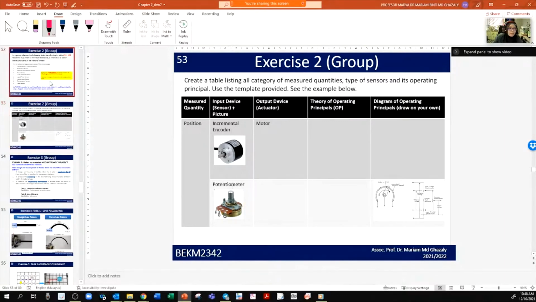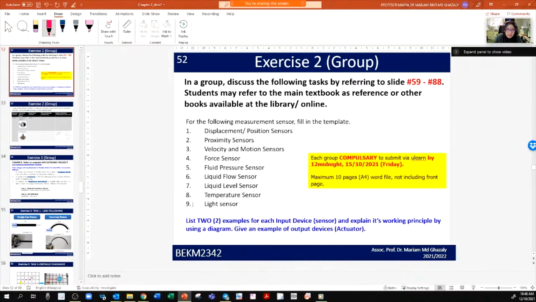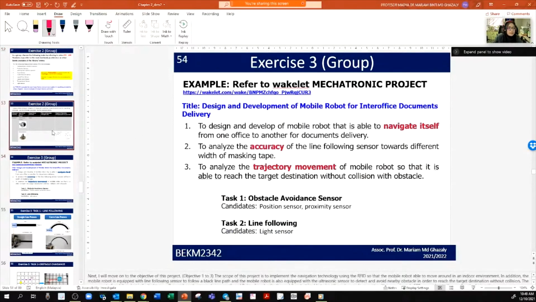Okay, so this is a lot. If it is like this, 9 times 2, 18. So 18 divided by 5 students, so how many does each get? So divide the task accordingly. And another, exercise 3, is also the same thing, in groups. Basically based on the group just now, breakout session 1 to breakout session 9 earlier,